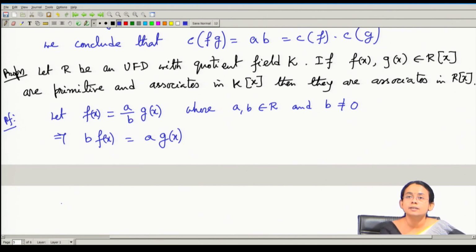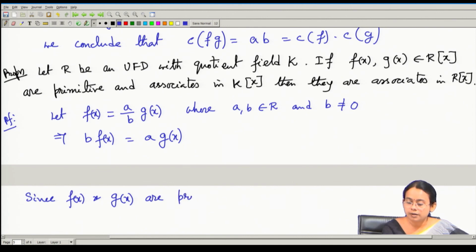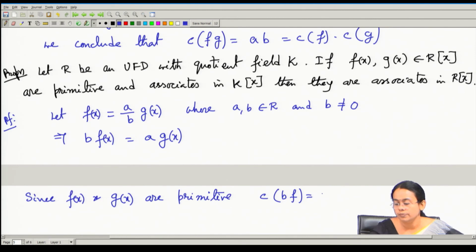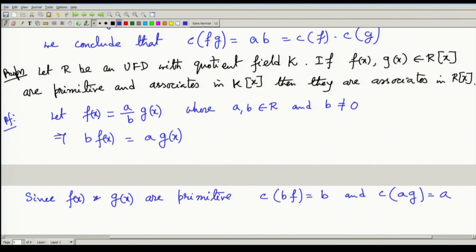Now, it is also given that f(x) and g(x) are primitive, so their contents are 1. Since f(x) and g(x) are primitive, we can conclude that the content of bf will be the content of b times the content of f, which is equal to b, and the content of ag is a. Now note that this bf is the same as ag. So they are representing the same element in R[x], and since we are in a UFD and these contents are nothing but the GCD of the same element,